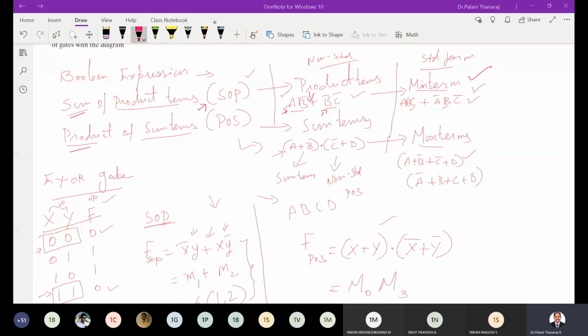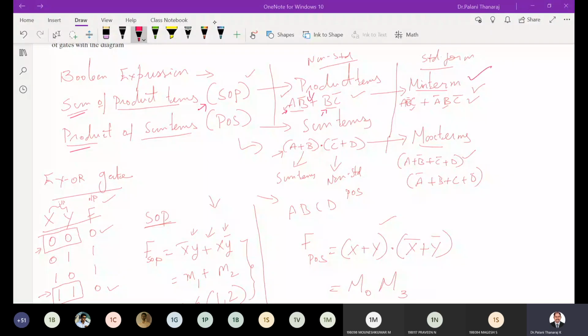Suppose you are using a NAND gate or NOR gate. I told you that for a NAND gate the expression has to be in multiplication, and for a NOR gate the expression has to be in Boolean addition. So you can see that product of sums and sum of products can be used interchangeably. It gives flexibility. You can select any expression you want, SOP or POS form, based on your hardware also. That is why we study the two forms of the Boolean expression.